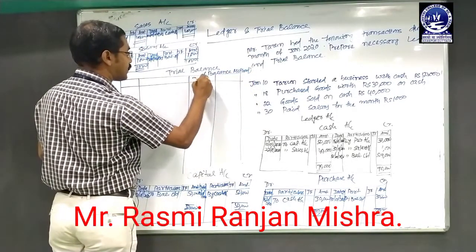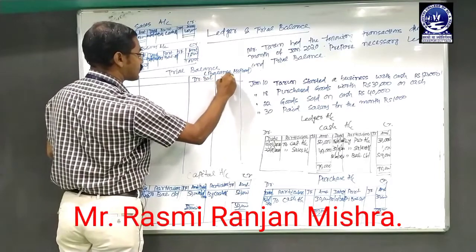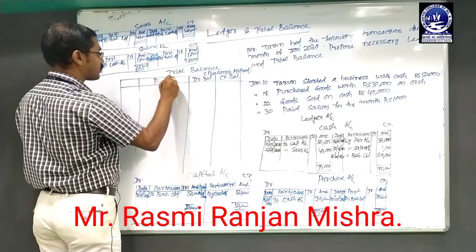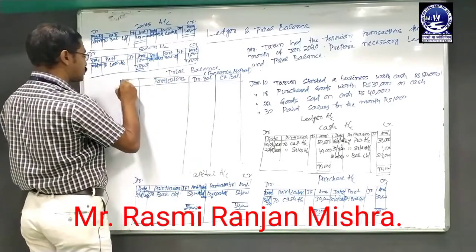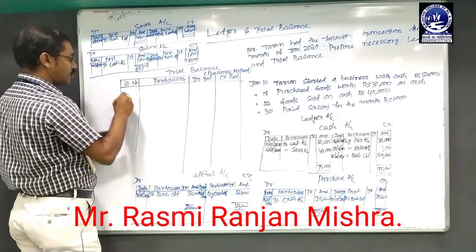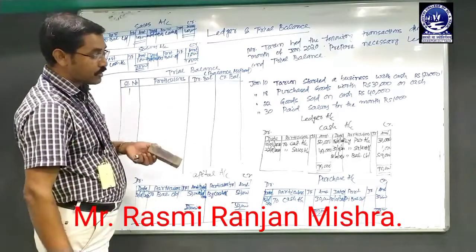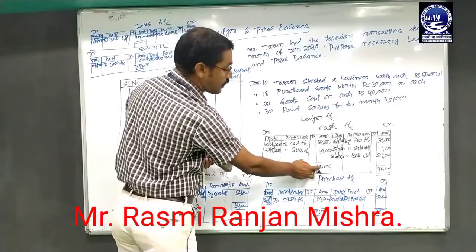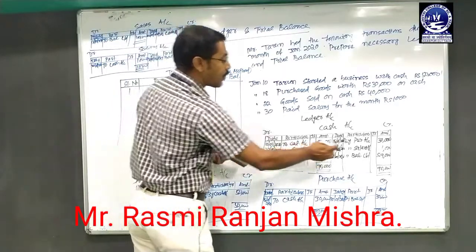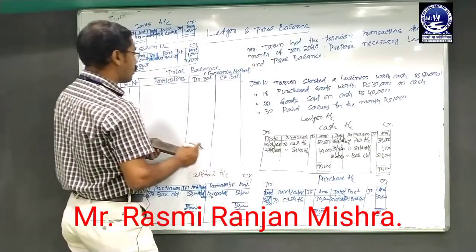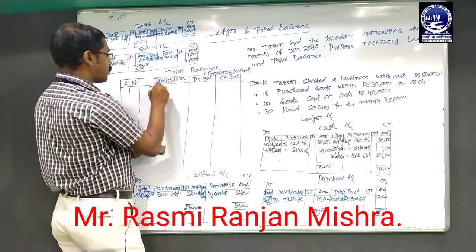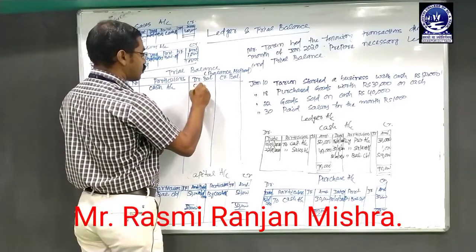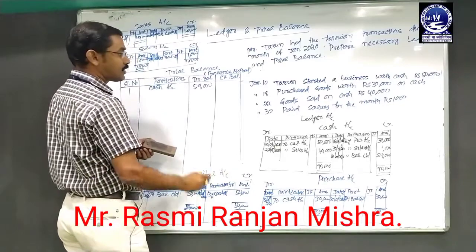So this is debit balance, another one is credit balance. This is the particulars. Here we have to mention the name of the necessary accounts. This is serial number. So first we are going to cash account. So cash account shows debit balance because here debit side is more, and how much amount is more, that is 59,000 more. So in particulars column we have to show it as cash account. As it is a case of a debit balance, we mention under debit balance amount, that is 59,000.